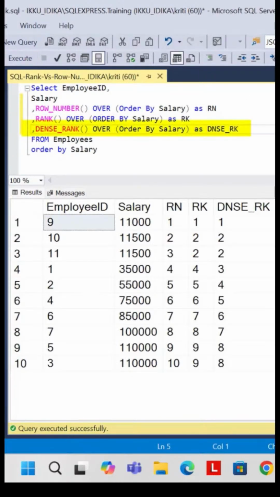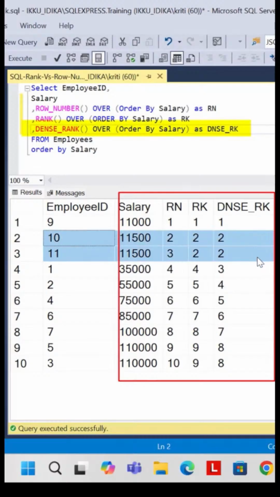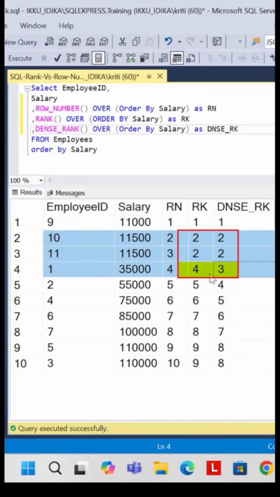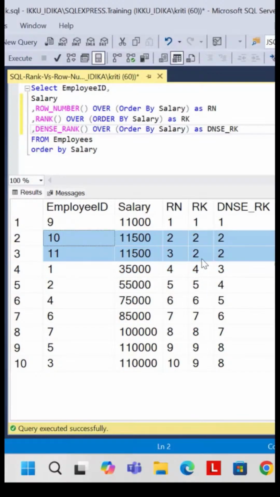We can also use the dense rank function, which again creates the same rank value for employees with the same salary, but differs from the rank function in creating a continuous series of values for the dense rank as compared to the rank function, which skips a rank value in case the previous records have the same value and the same